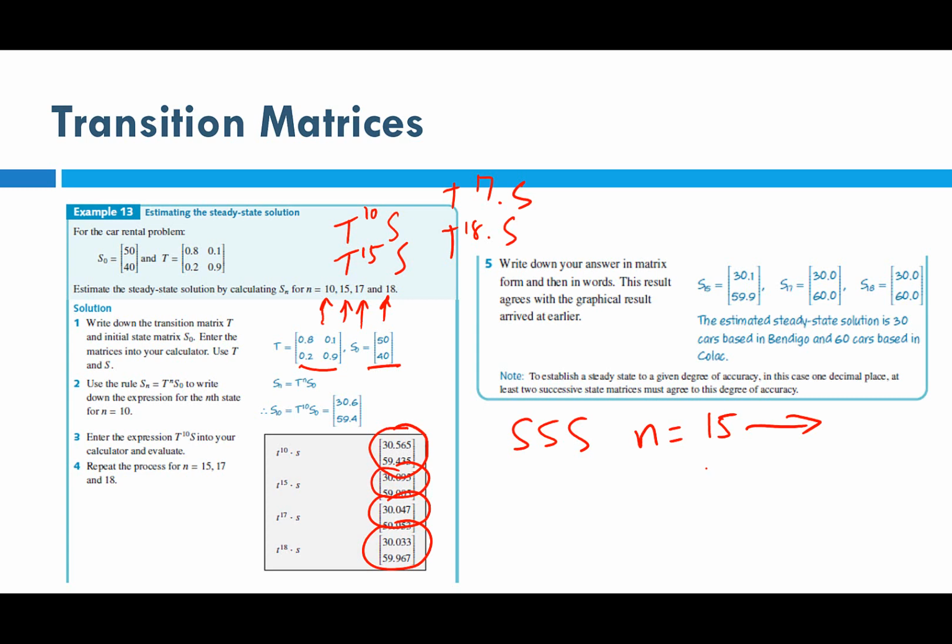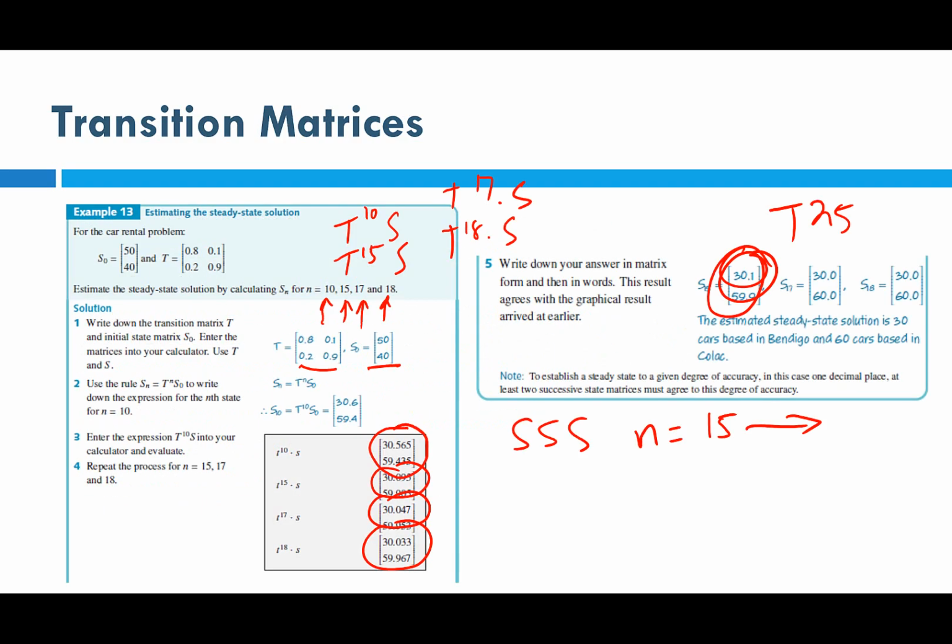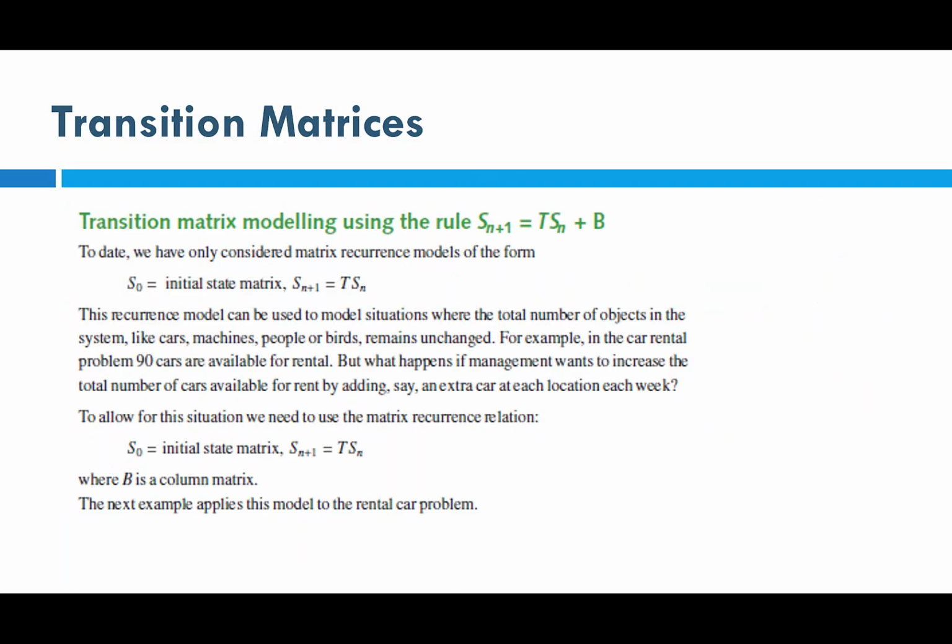Can you find the steady state solution for something? Yeah, about 15 will do it for anything anyway. So you'll see that the numbers tend towards getting closer, like in this situation, 30.1 and 59.9. You already know what the steady state solution is from there. But if you did T25, you're still going to get around here as well. Okay? So use 15 as a guide. That's what I want you to do, is just use 15 as a guide to find the steady state